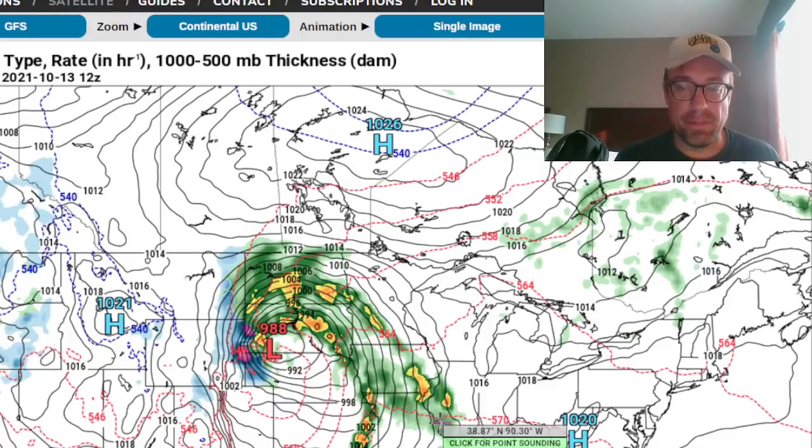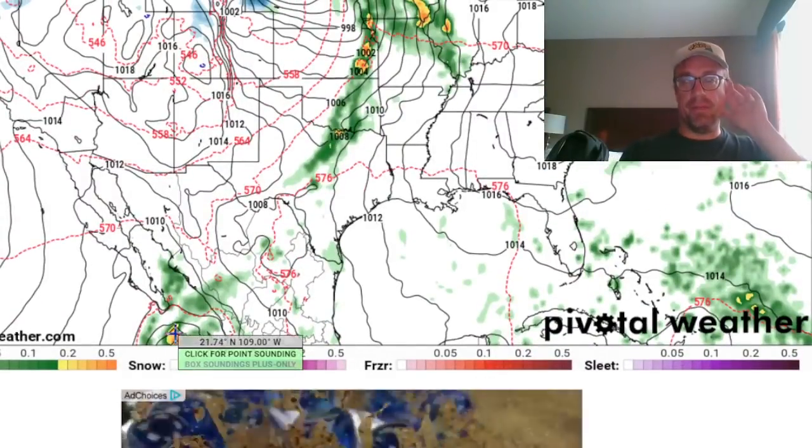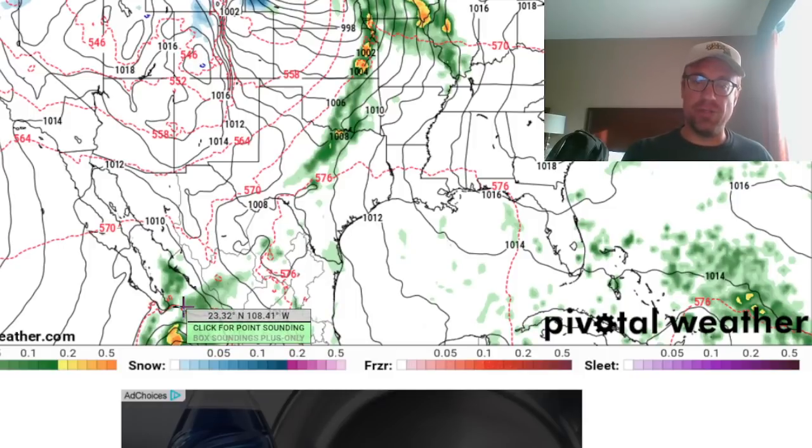And at that point then we're going to point the ship towards South Carolina for leaf peeping. There is going to be a hurricane that's going to be making landfall down near Mazatlan in Mexico. The intensity models are showing that to be about a Category 2 storm, weakening as it finally reaches the coastline of Mexico. Some of those models, though, are showing that it could be a Category 3 storm hitting Mazatlan there, Sinaloa